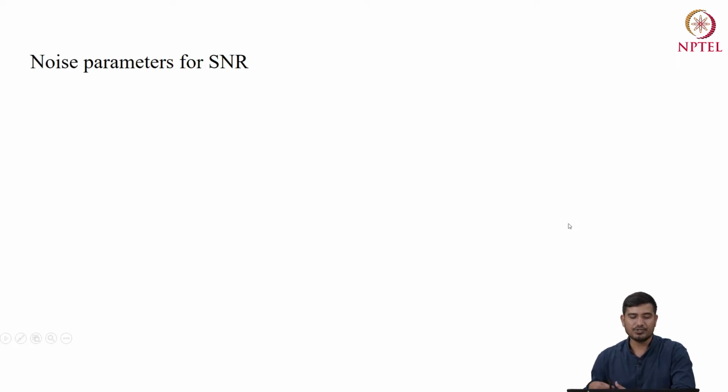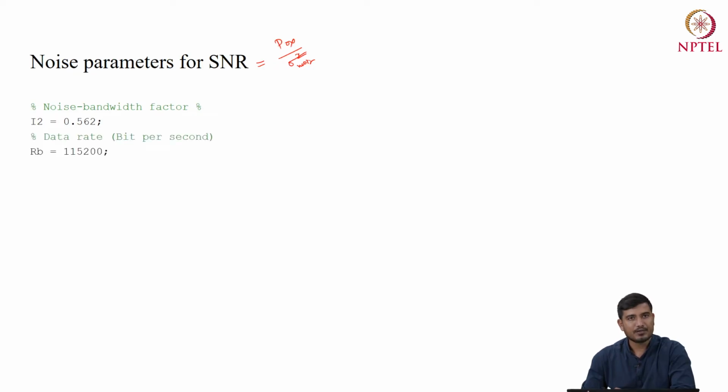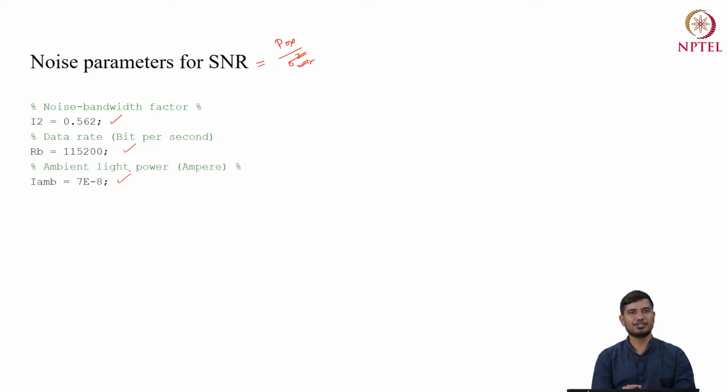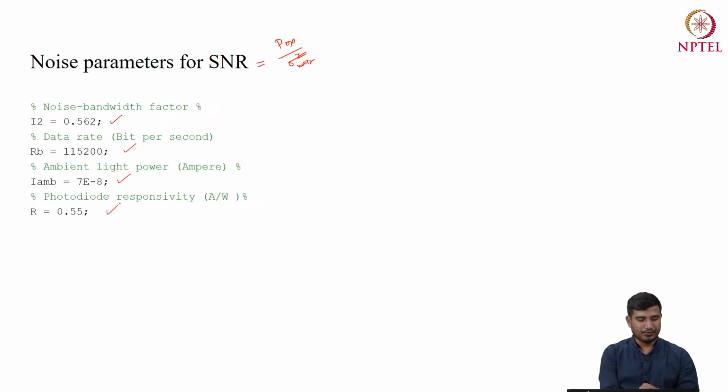Now in order to calculate this SNR with respect to the received power, you also require the noise variance. For that you require this noise parameter. As I mentioned earlier, there will be shot noise and thermal noise. So these are the different factors: the noise bandwidth factor I2, the data rate you are operating on, the ambient light power, because ambient light behaves as noise to the receiver in a visible light communication system,